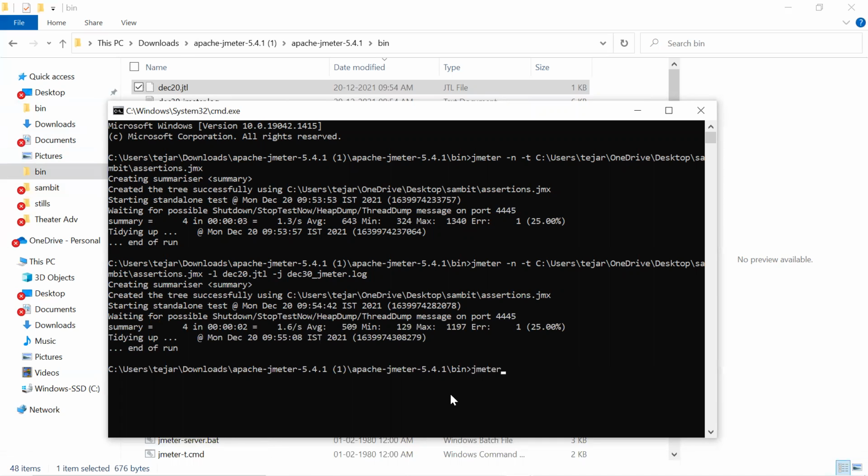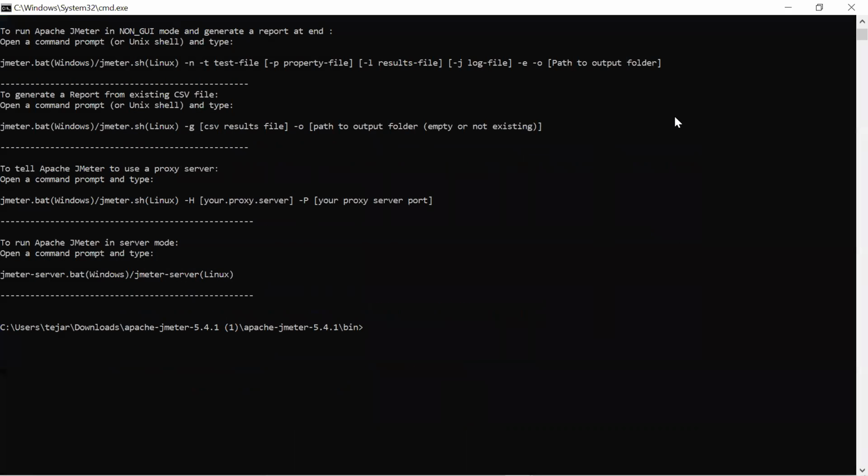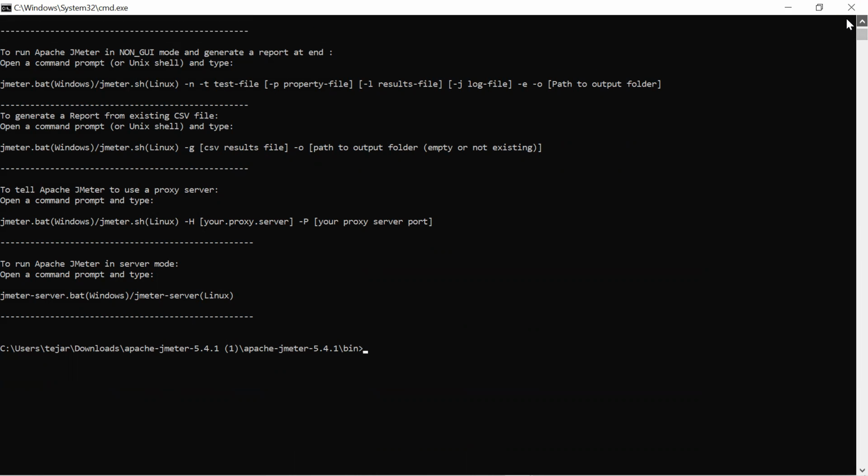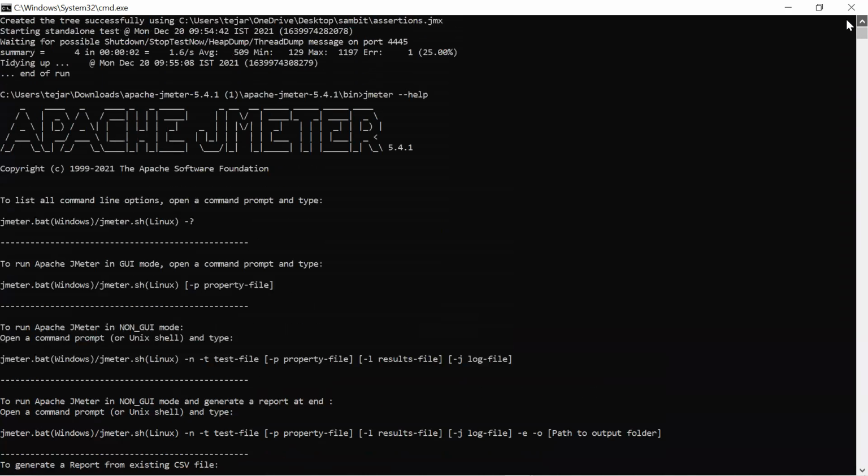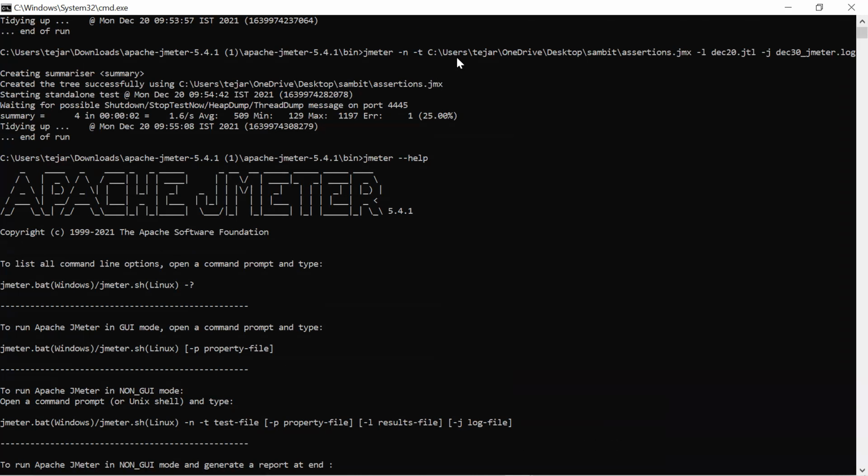Right. Now we have a lot of options in here to control it. Suppose we do jmeter minus help. See, it will give these things: how to run server mode, command mode, everything it will show you. So now we will use this in Jenkins to run the JMeter scripts. You understood, right? JMeter has provided these command lines, and that's why it is easy to run in Jenkins. If JMeter had not provided these command line options, then you can't control it.